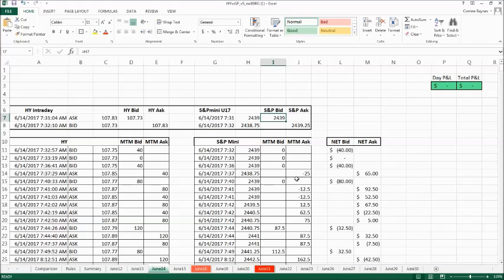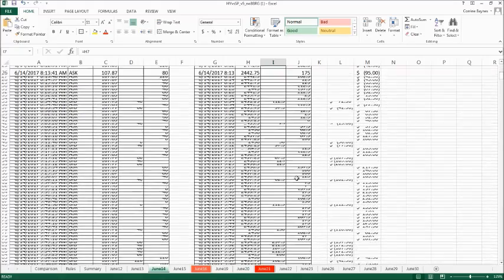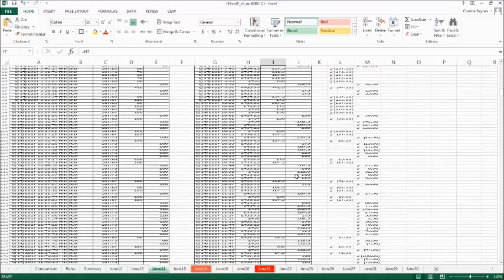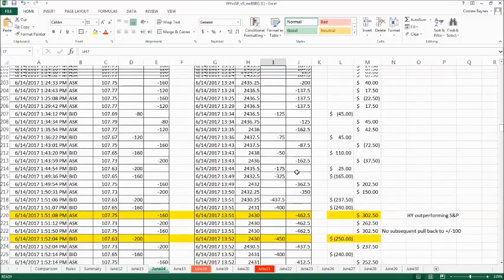And again, the first rule is we're going to wait until one of these two products, the HY or the S&P, gets rich by 250 bucks or more. So we're going to scroll down. This crunching of cells together is just my time warp. As we go along through the course of the day, we end up finally seeing that, yes, the market did widen out, and we did end up with the difference between where the S&Ps were and where HY was exceeding 250 bucks. And at that point in time, 1:51 Central, down at row 220,